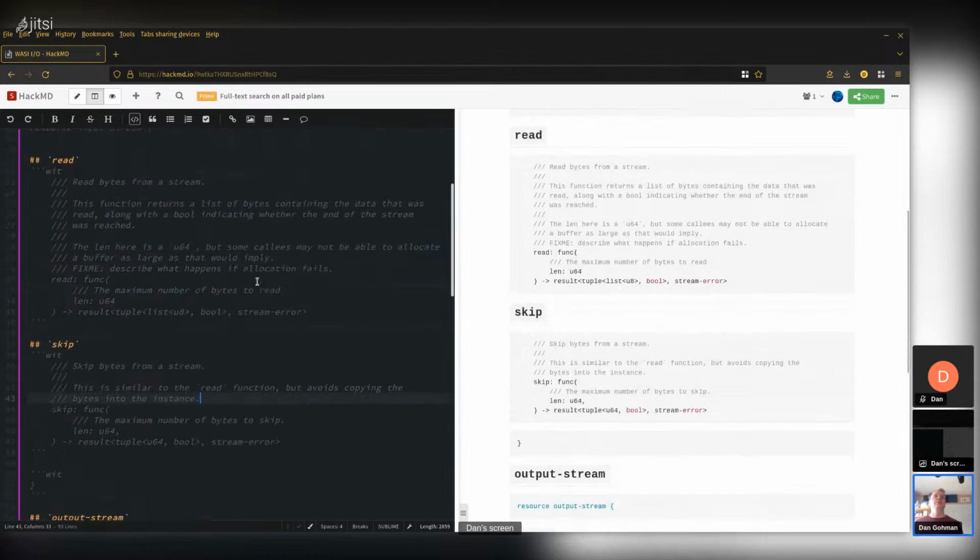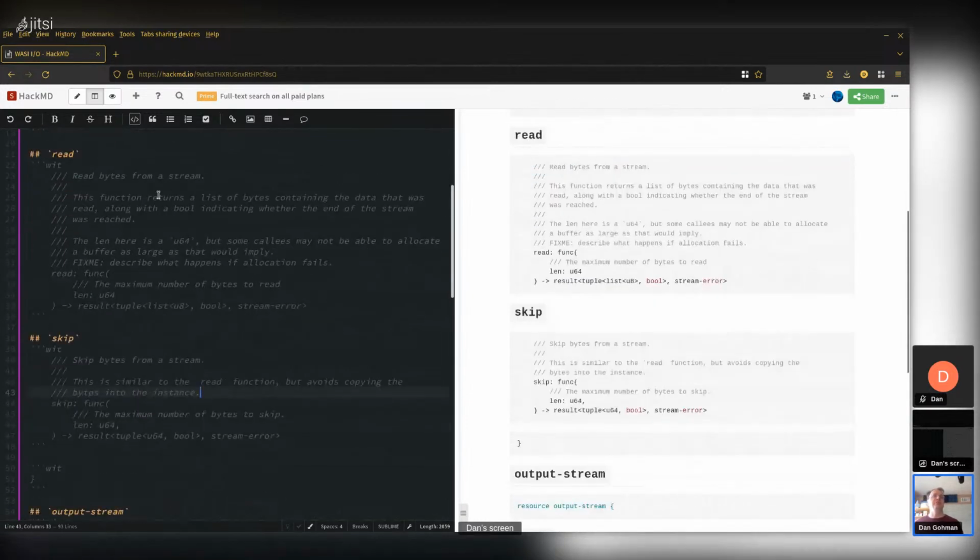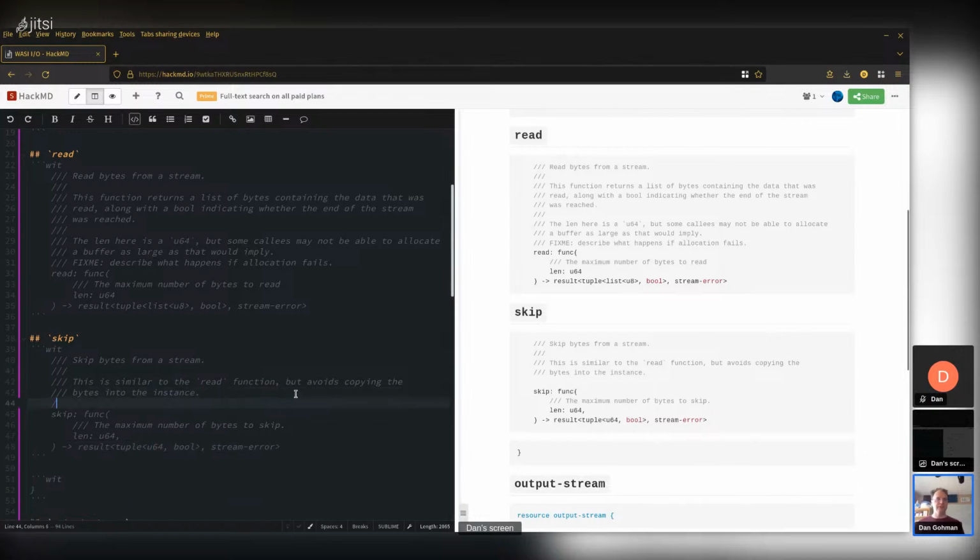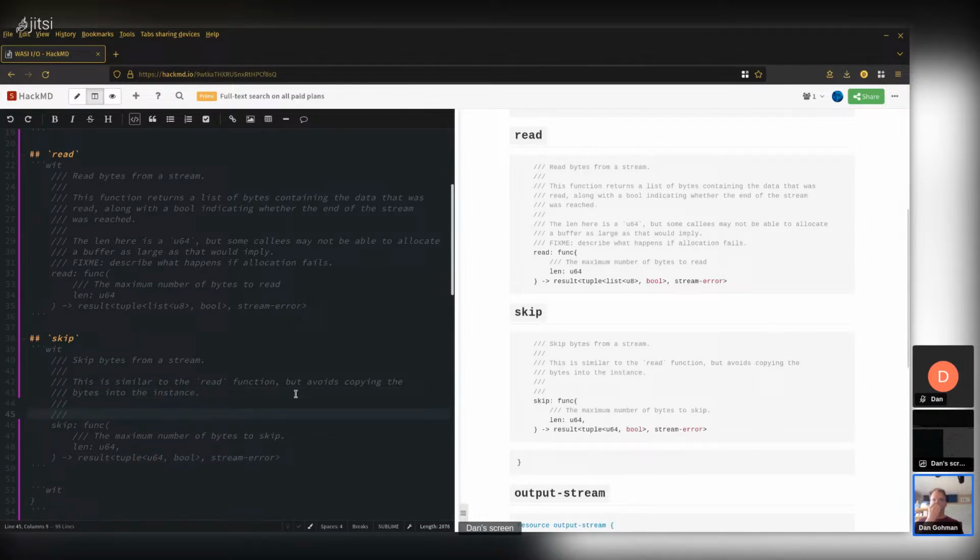And that's it for input stream. It just has read and skip, and that's all it can do. And it has the same usage for length, the same tuple, except this time, instead of giving you the bytes, it's going to give you usage telling you how many bytes it actually skipped, which could be less than what you asked for. And in fact, I should mention that as well in the read function.